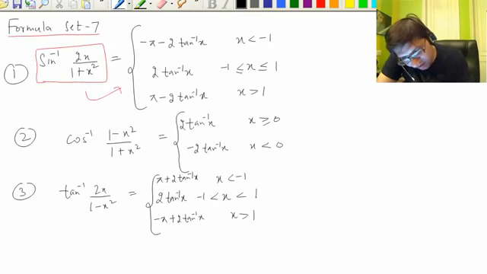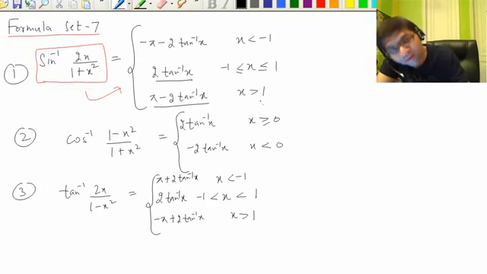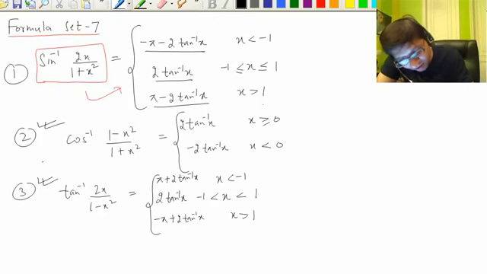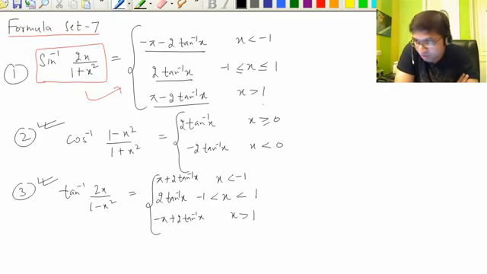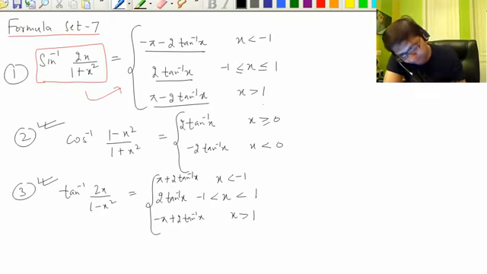So you can see that this is the formula. This is equal to 2 tan inverse x between minus 1 and 1. For x greater than 1, we just derived this, pi minus 2 theta. Less than minus 1, minus pi minus 2 theta, that is minus pi minus 2 tan inverse x. On the same basis you can derive this and you can derive this, but as such you need to learn these formulas because we can directly use these formulas, right?